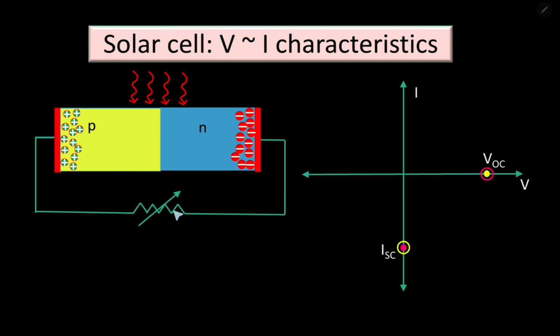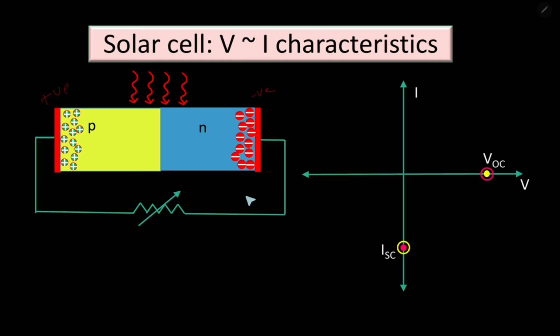If carrier flow is reduced, then the amount of current flowing will also reduce, right? And if some carriers are opposed to move because of this resistance, that means we will be getting some residual potential over here and over here. That means a small amount of potential difference will be there between these two terminals. So we will be getting a small voltage